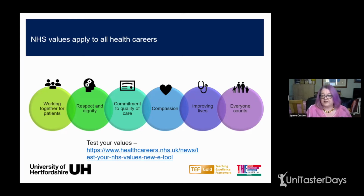But it's a key component of any health program that we're looking for. So when we're assessing applications for health programs, we're looking at that whole rounded person. Yes, academic achievement is one part of that, but if I had somebody who'd done a PhD in astrophysics and was the most intelligent person in the world, I wouldn't take them onto my degree if they couldn't communicate and empathise and be compassionate,